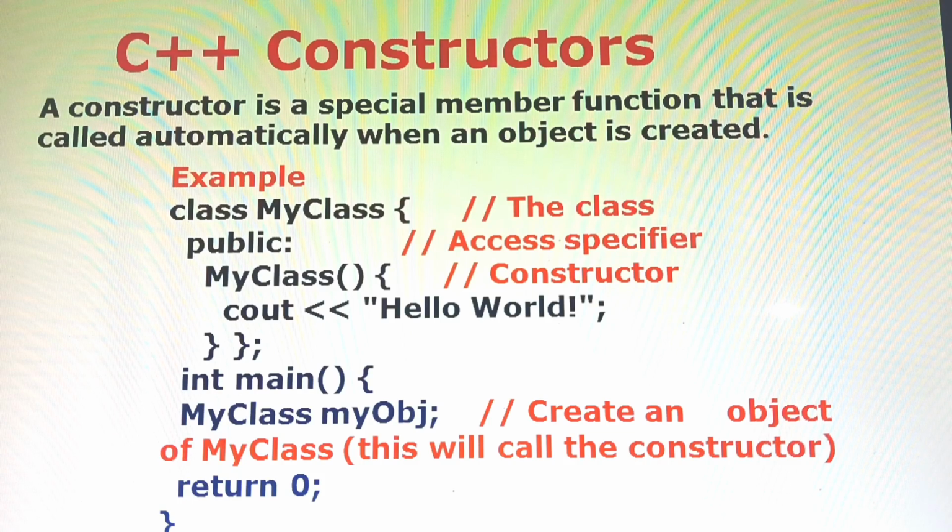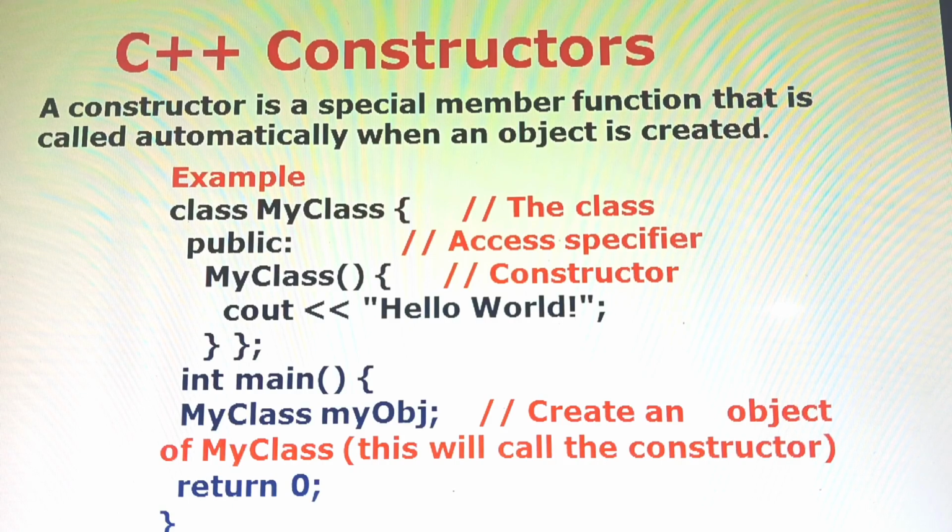First we start the class. How to create the class we have already studied. We create the class with the keyword class, followed by the name of the class. Here the name of the class is MyClass. Then open the bracket. Then give the keyword public. What is the keyword public? It is an access specifier. You have learned in the last class why to use public.